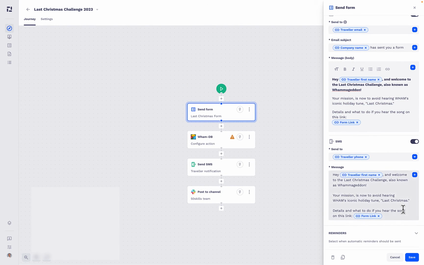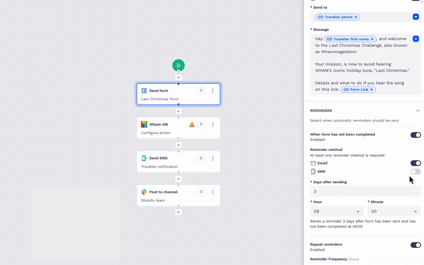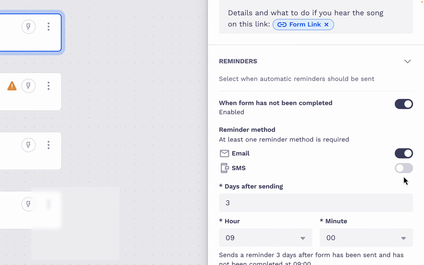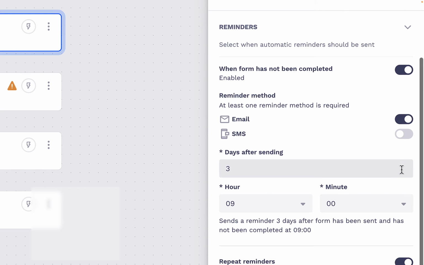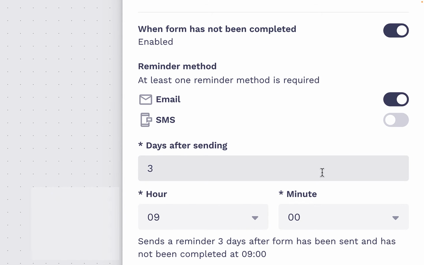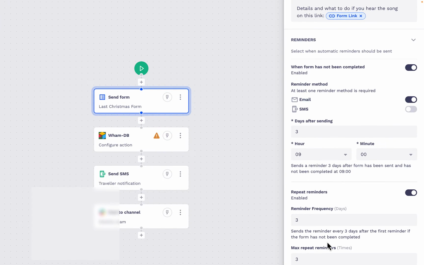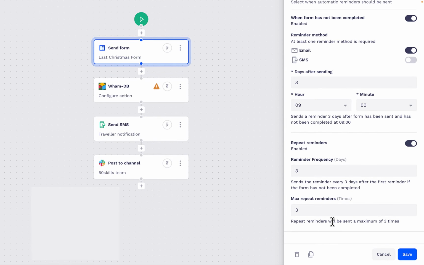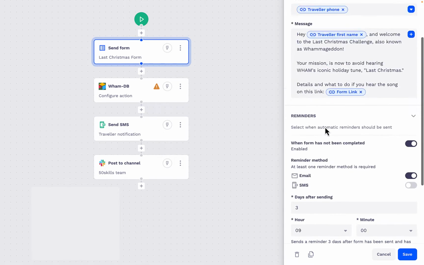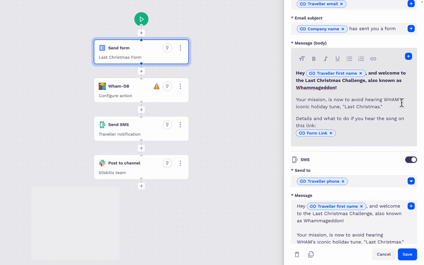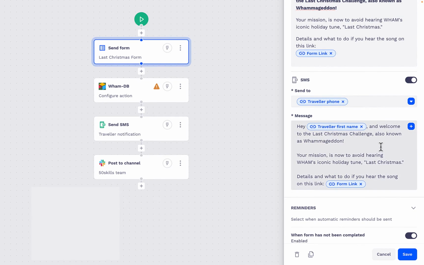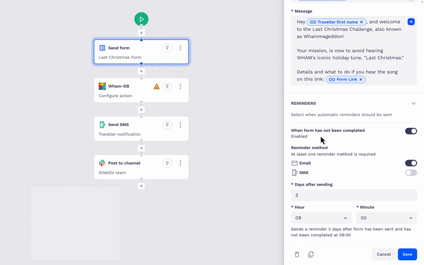The other thing that we're going to configure here are reminders. So basically, if someone hasn't filled this out, we're going to send a reminder 3 days after people sign up, and we're going to do it 3 times. So it could be three more reminders just to check up on people if they've actually heard the song and remind them to put in some details. Now, this is just the first action. So everything I just showed you is a single action. It sends out this email, sends out this text message, it sends out these reminders until people have actually heard